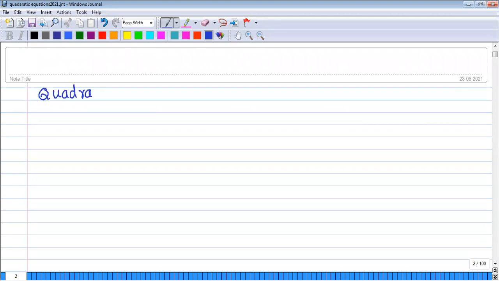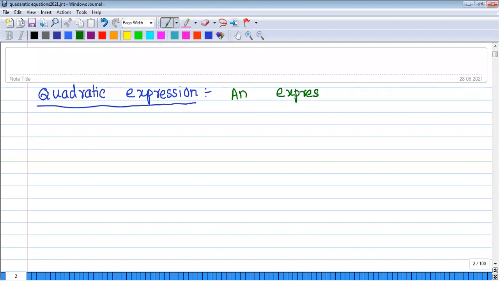Quadratic expression. See, an expression of the form